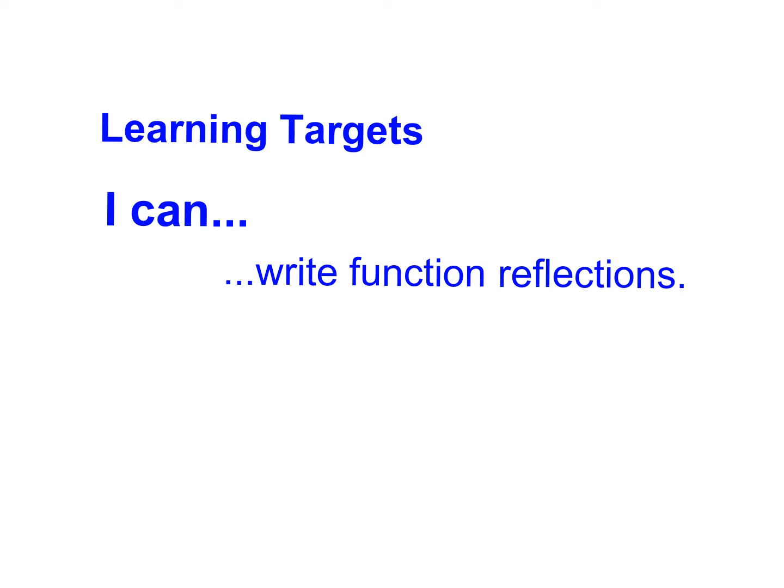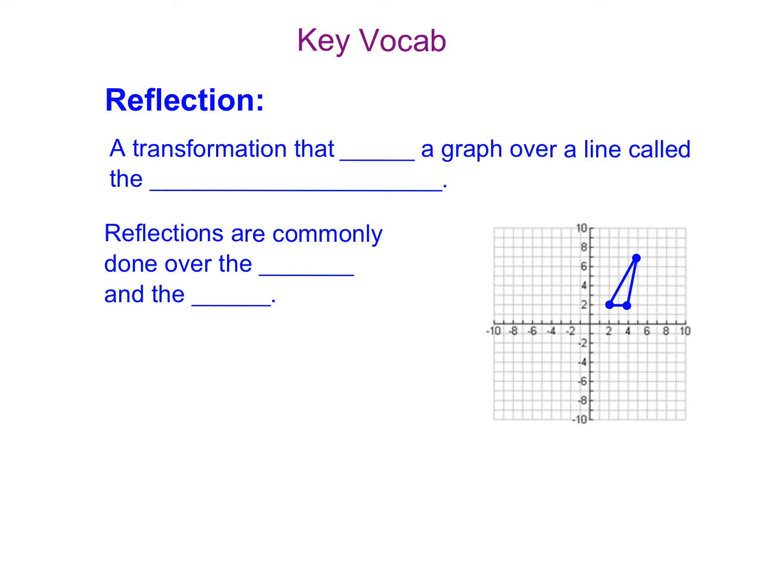In this video, we're going to learn how to write function reflections. By definition, a reflection is a transformation that flips a graph over a line called the line of reflection. And while any line can be a line of reflection, reflections are commonly done over the x-axis,